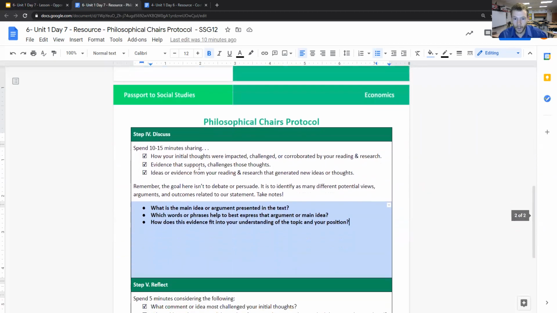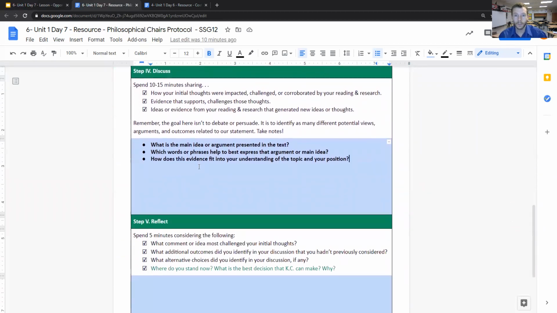And then step 4 on the protocol really speaks to the actual discussion. So there is a series of questions that are put directly into the protocol itself from the curriculum and instructional planning team. And then I, as the video content specialist, added 3 additional questions that you may want to provide as scaffolds, whether it be in the document itself or something that could be placed in the chat or on a